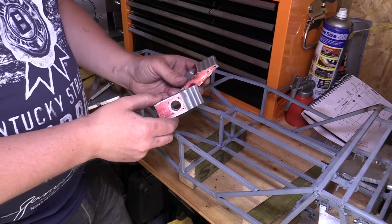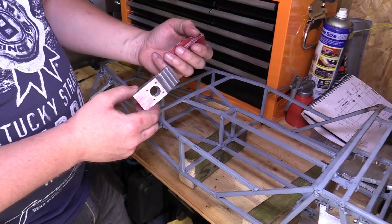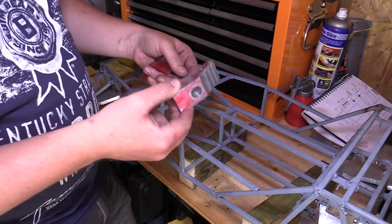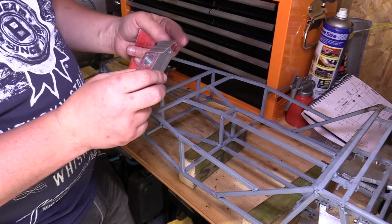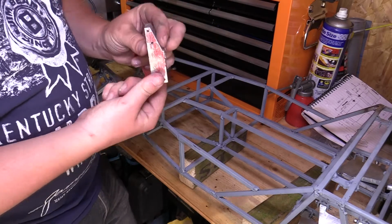So I've now cut the angle on both of those parts. I'm really happy with that little tool I've got there. It's the first time I've used it in the video you've just seen there. So we now have an angle on that top side,